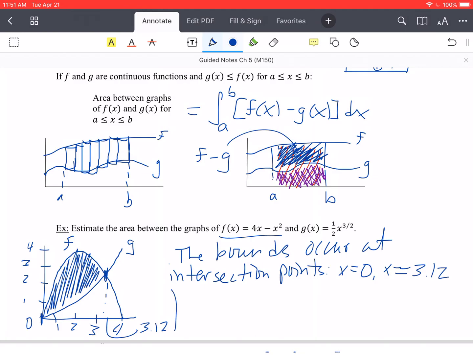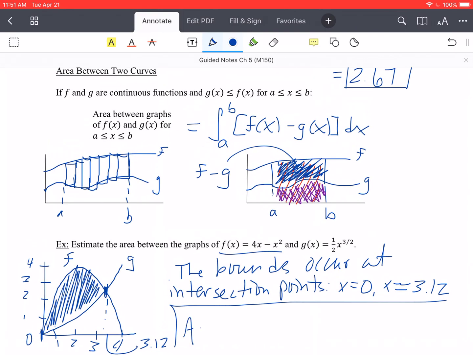So if we were going to run this computation, our area is the integral from 0 to 3.12 of top function minus bottom function, so 4x minus x squared minus 1/2 x to the 3/2 dx,